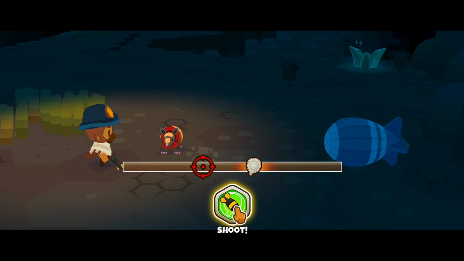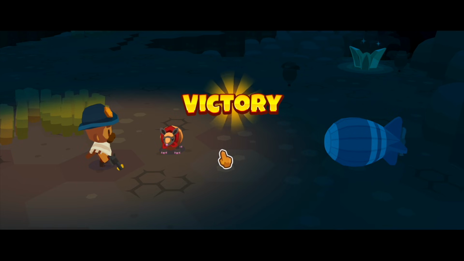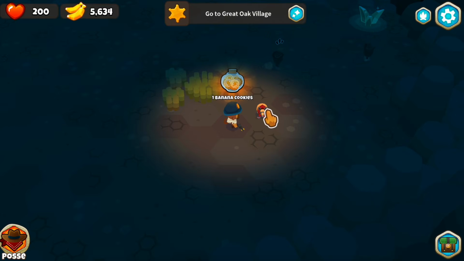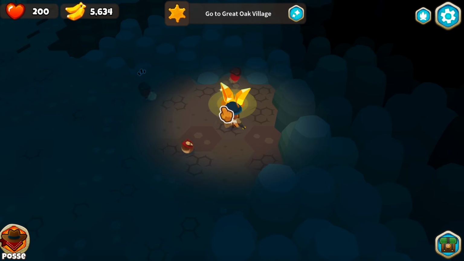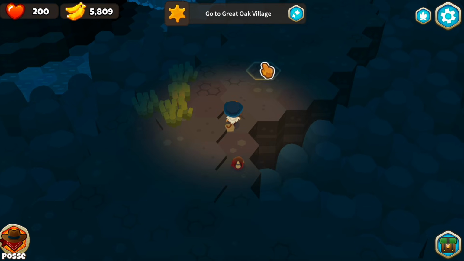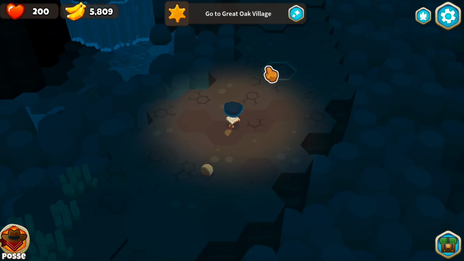Oh my god, that's a lot. Do we win? Yes, we do. Okay, but that's 400 bananite. Is there anything else? Banana cookies? That is so good. And a health potion? That is so good. Alright, I do not regret one bit coming down here because we found so many interesting